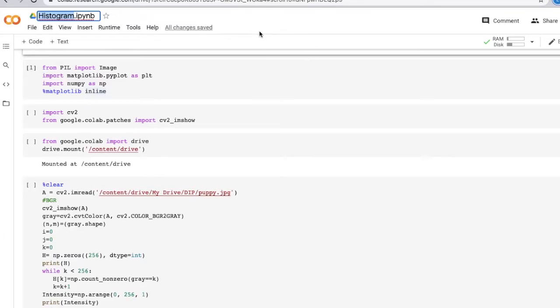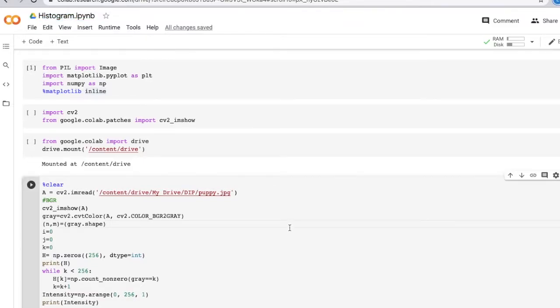Here I will be assuming that everybody is aware of the concept of histogram of an image and its meaning. I have created a couple of videos related to histogram: what is histogram of an image, how to create histogram in Octave, how to create histogram in Fiji, that is ImageJ, and so on. So this one is about creating the histogram of an image in Python, where I will be using Colab and without using any inbuilt function.